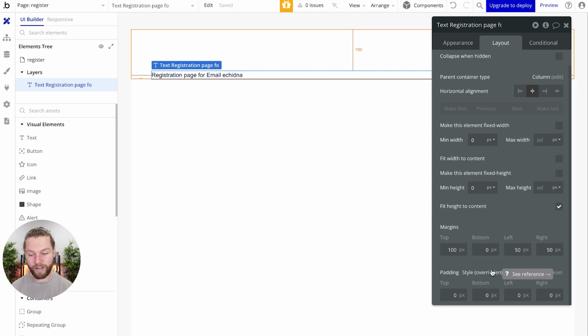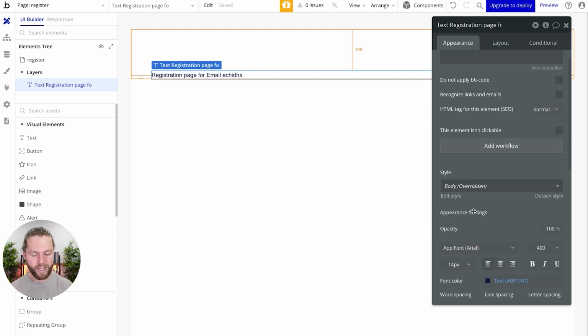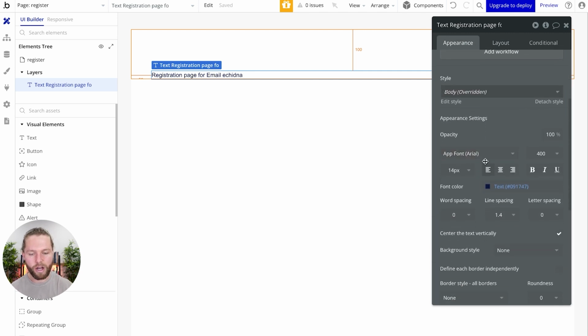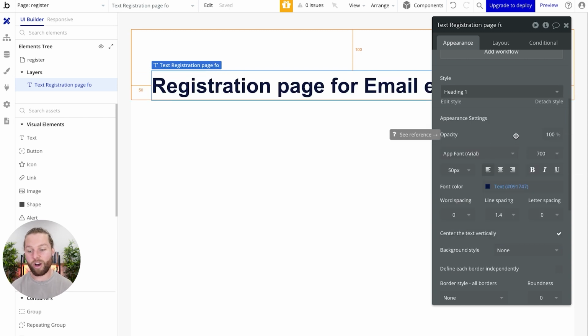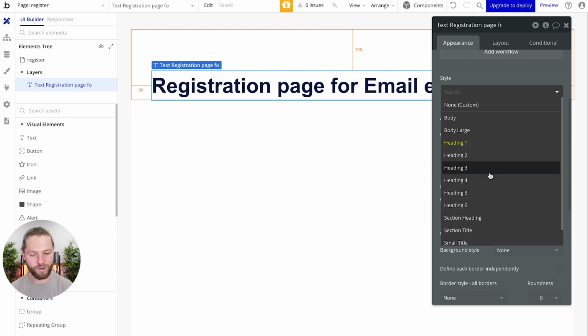The last thing that I briefly want to talk about is, heading back to our appearance tab, is where we can then adjust the individual style of our element, or in this case, our text element within our page. Now, if we wanted to set some consistencies with, let's say, the heading size and color of each heading element within our text element within the larger scheme of our app, we could do this by editing the style of each of these options that we have to choose from when it comes to our text elements. However, let's just address this on a case-by-case basis. What I'm going to do is remove the style, or the consistencies, of this text element,